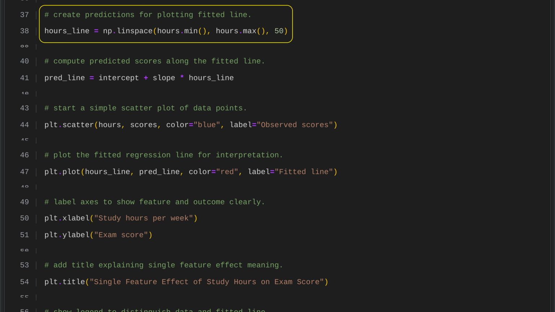To plot the fitted regression line, we first create a sequence of study hour values that covers the full range of the data. We use a numerical tool to generate about 50 evenly spaced points between the minimum and maximum observed hours. These points are then fed into the regression model to produce predicted exam scores. Plotting these predictions against the generated hours gives a smooth line that represents the model's estimated relationship between study time